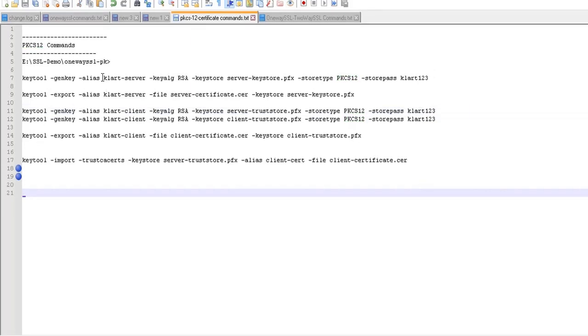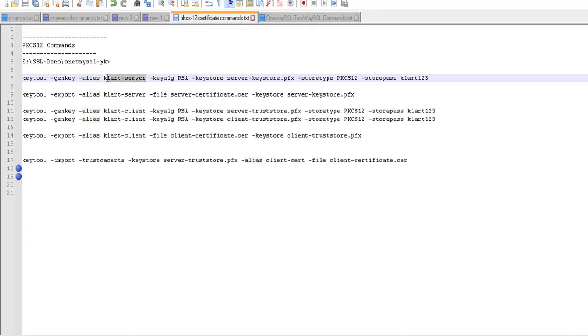First, let's discuss the PKCS12 type of commands, which are most preferably used as per industry standards nowadays. This is the first command, the keytool command. As we have already installed Java, we can directly run keytool. keytool -genkey means generate key. Alias means the alternative name.